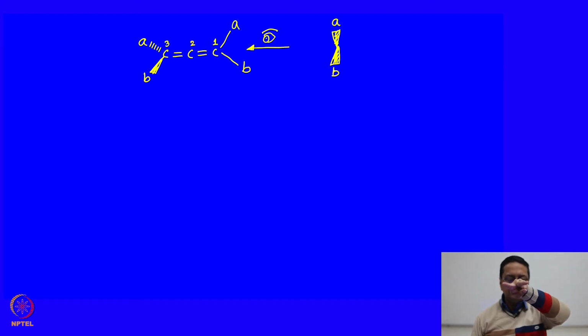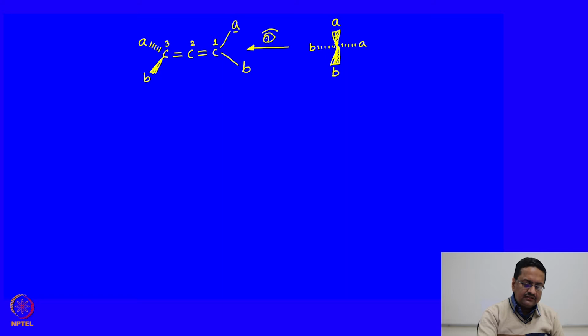So, when you have that, what we see is on the left hand side we have B and on the right hand side we have A. Now, this A is on the carbon number 1. So, this gets priority 1. If you recall, A is a methyl group and B is hydrogen, and this gets priority 2, and then on the back carbon this gets priority 3 and here it gets priority 4. So, this is 1, 2,